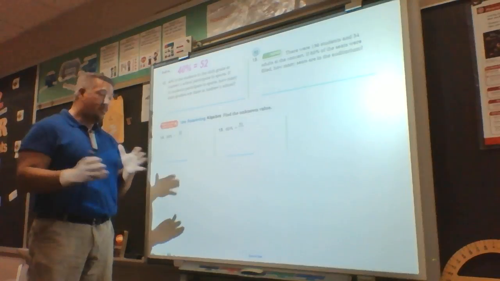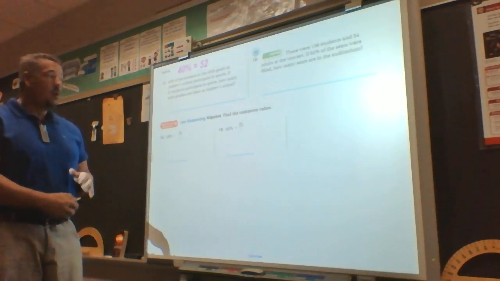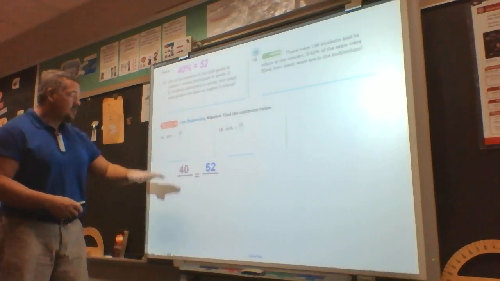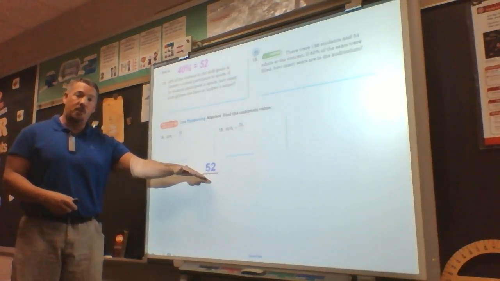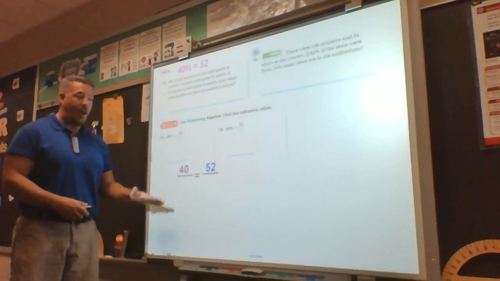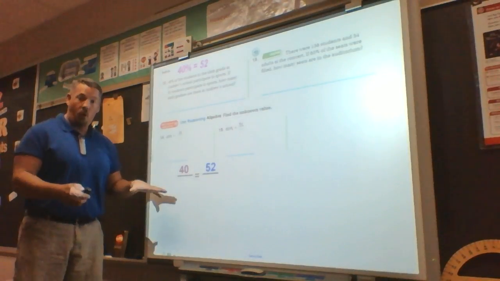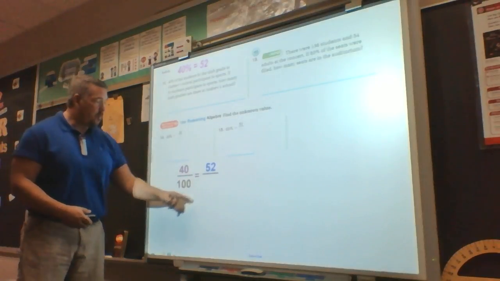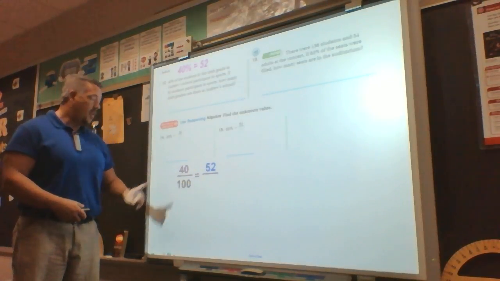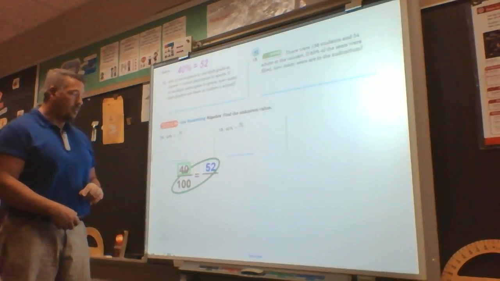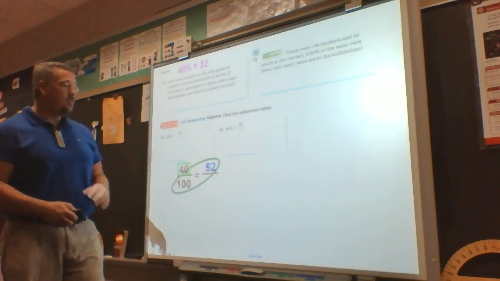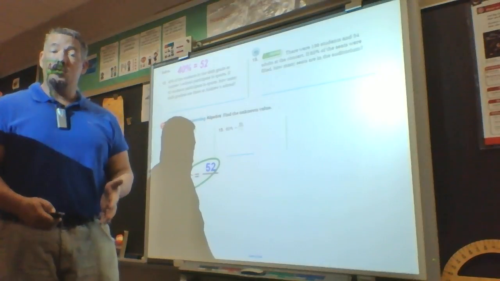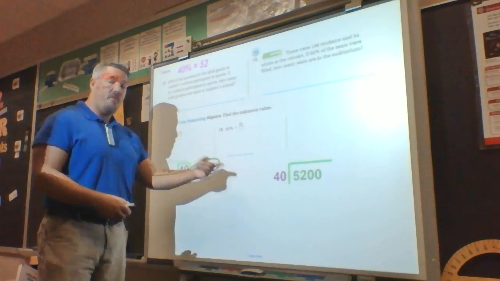Once I have that, then I set it up to divide the loop. My percent's on the left, my whole numbers are on the right, so my 40 is equal to 52. Therefore, my denominator has to be, as my percent, 100. I'm set up with my divide the loop, multiply the diagonal pairing that's there, divide by my lonely number. Once I have that marked, then I'm going to multiply 52 times 100, which gives me 5,200, and I'm going to divide by 40,